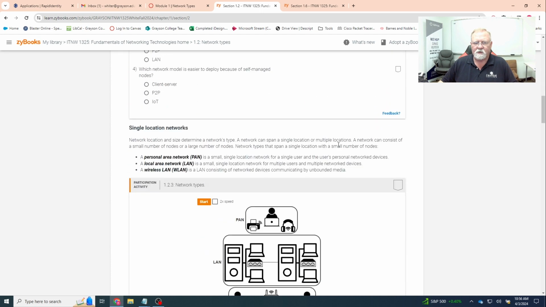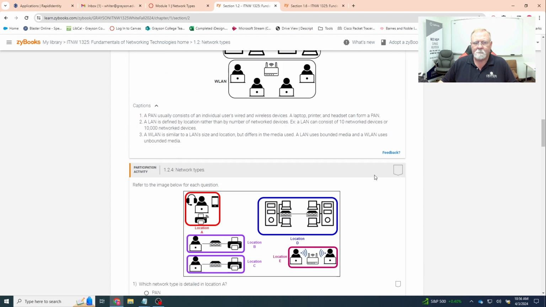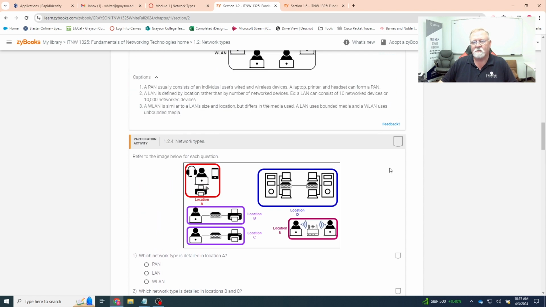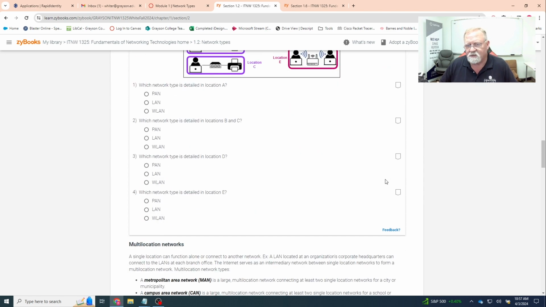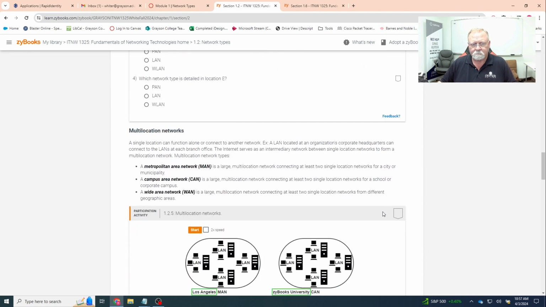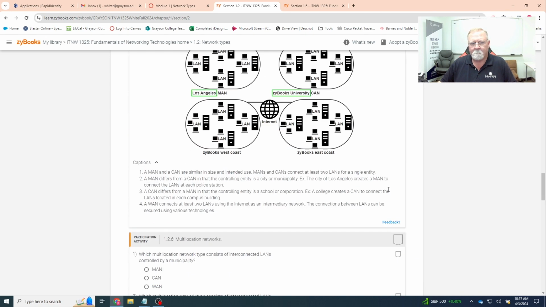You'll move on, answer the questions. Single location, you need to understand what they are, what a PAN, a LAN, and a WLAN is. Multi-locations, first of all, answer the questions, get your check marks. The key to these assignments is making sure that you have a check mark in each one of these sections. If you do that, if you get these done, then you'll be in good shape, and